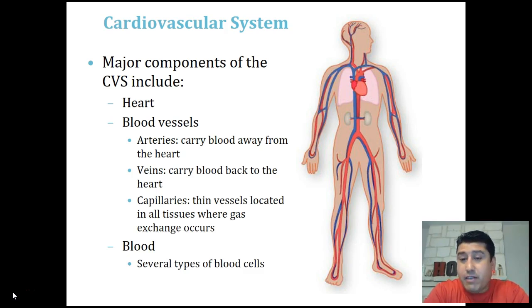All right, so we have different types of blood vessels. Any blood vessel that carries blood away from the heart is known as an artery. And almost every single artery in the body is carrying oxygen-rich blood, except for the artery that delivers blood to the lungs. That particular artery, known as the pulmonary artery, is carrying blood that's deprived of oxygen or is rich in carbon dioxide. And I'll explain that process in a second.